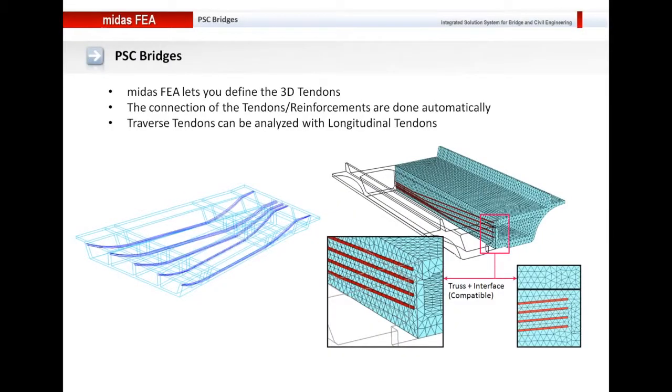So as I've already shown you, Midas FEA can be used to perform pre-stressed concrete bridge analysis which has a curve, or which has a bifurcation in the webs, or which has the deck width changing with the length of the bridge, and Midas FEA will let you define the 3D tendons very easily. The connection of the tendons, or the reinforcement, with the solids is done automatically by Midas FEA, so